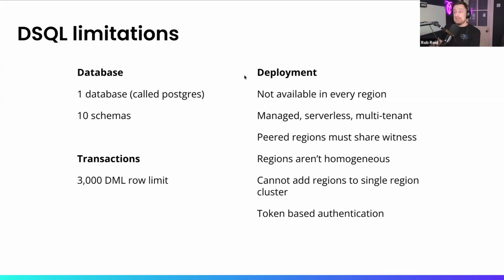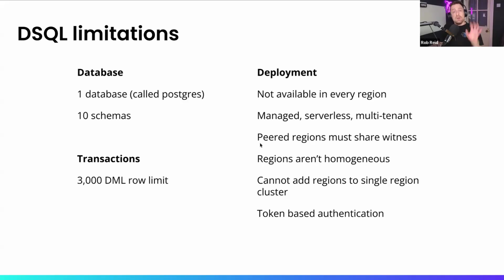From a deployment perspective, it's not available in every region. Last time I checked, it was around 10 of all of the available regions in AWS. And it's a managed service from AWS, which is serverless. So there's no tenant-specific provisioned hardware, and it's inherently multi-tenant, which will work for some companies, but not work for others. Same as our basic and standard offering in the cloud.